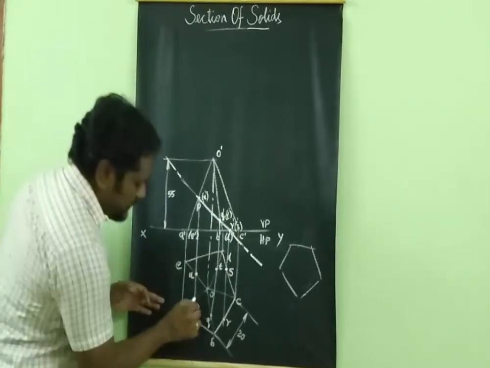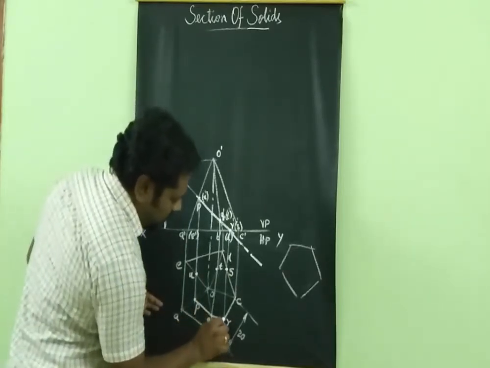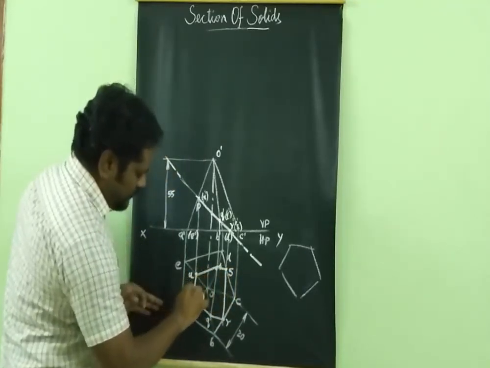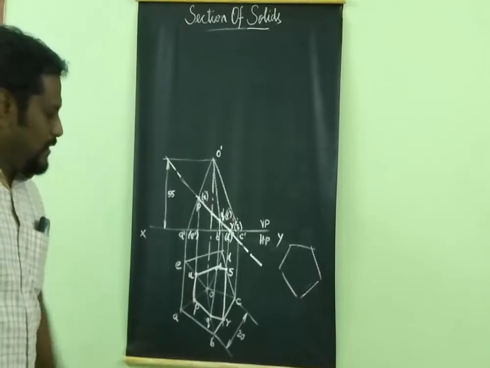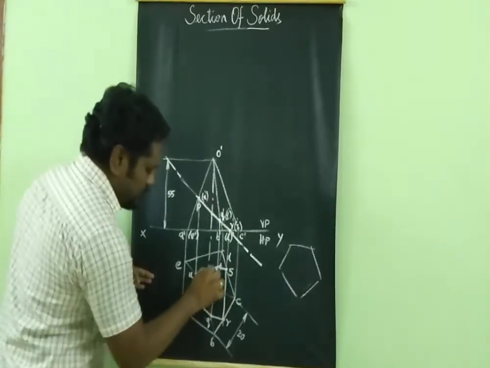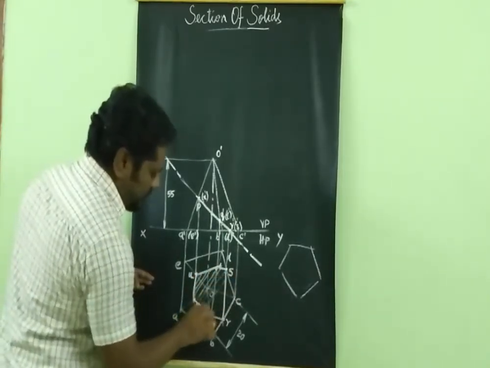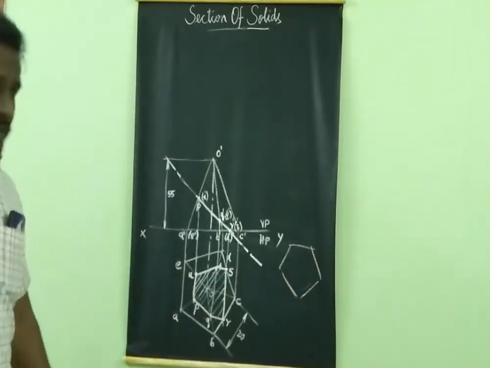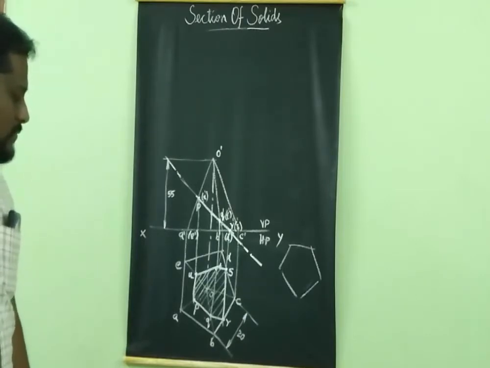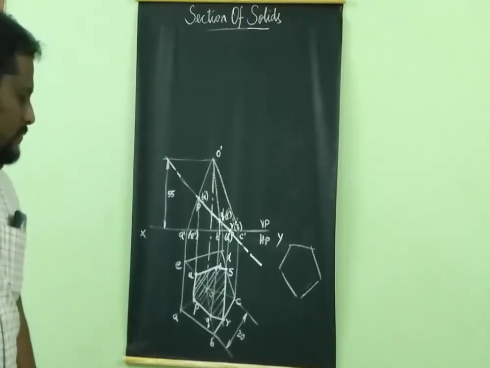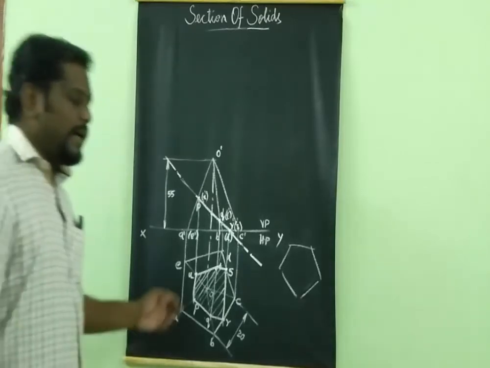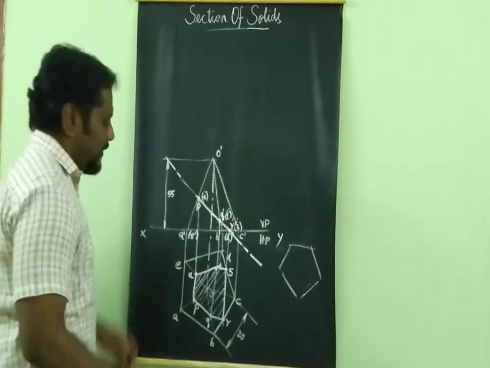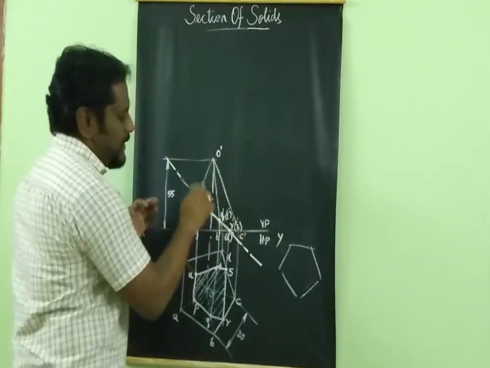So now connect PQ, QR, RS, ST, TU, UE. Right? This is your cut section. So hatch this portion to finalize your top sectional view, and for the front sectional view this portion will get removed